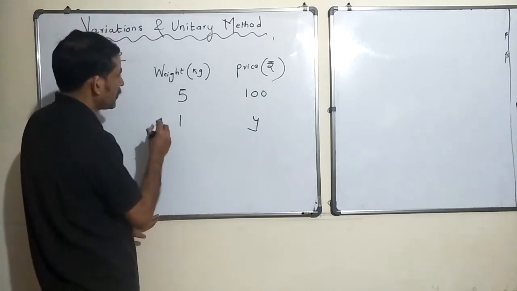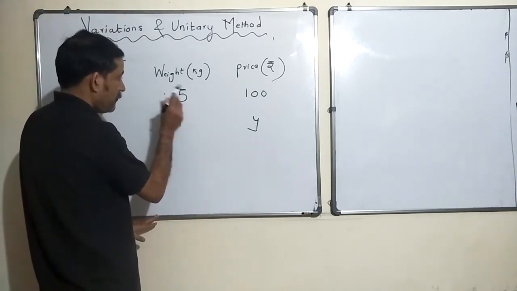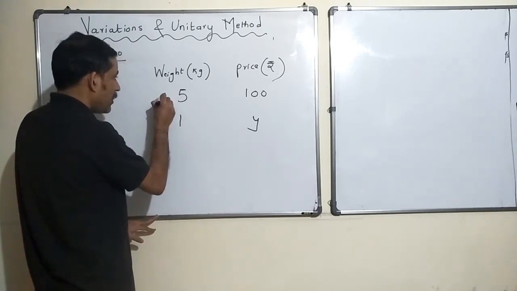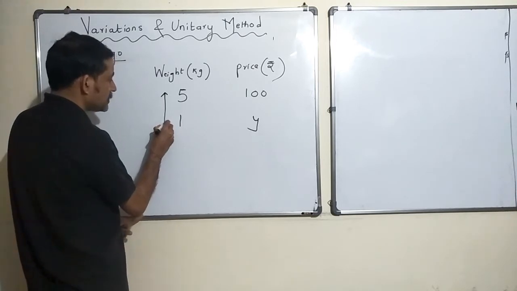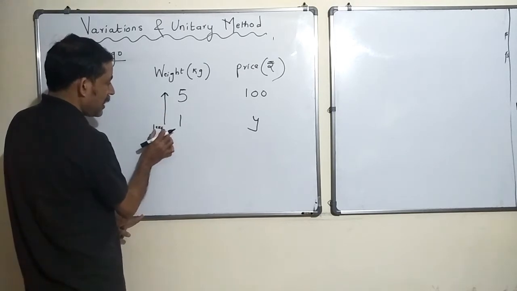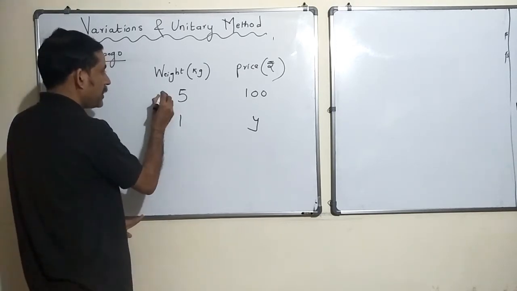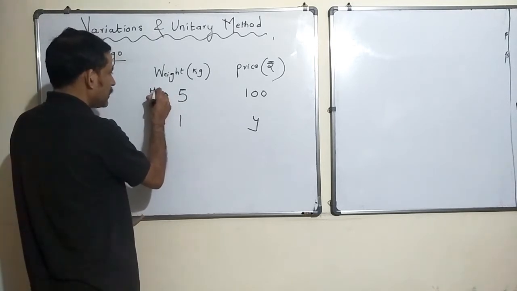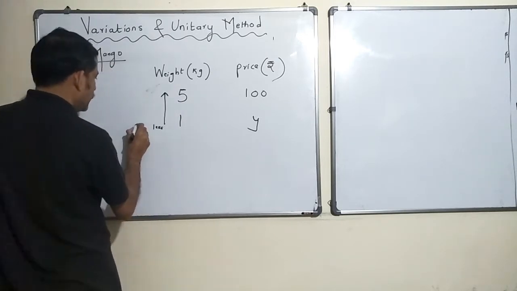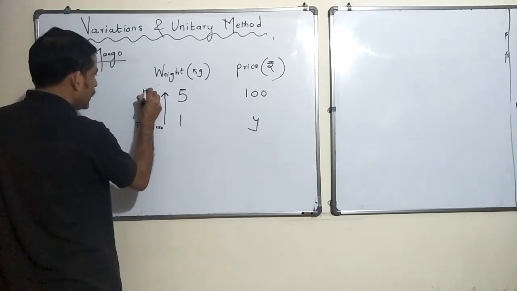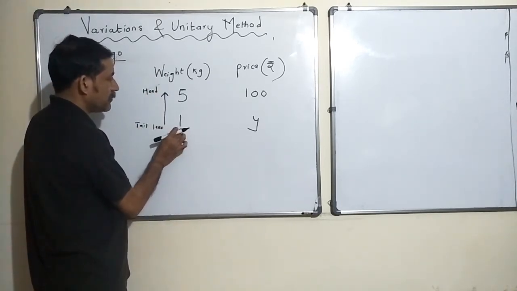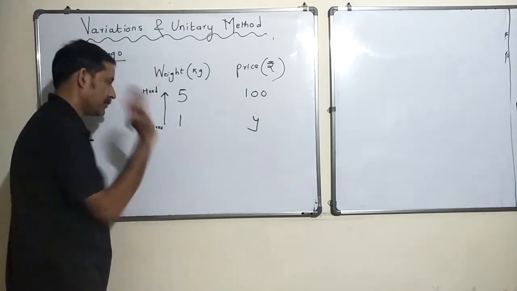Tell me, if 5 is more than 1, okay. So I draw an arrow, this is the tail, this is the head of the arrow. Whichever number is less I have the tail pointing, and whichever number is more I have the head, okay. I draw it this way, and whichever is less, I will point my tail towards it. 1 is less than 5, so I will draw the tail here and head here. Okay, all right.